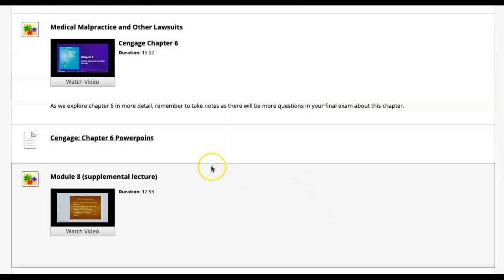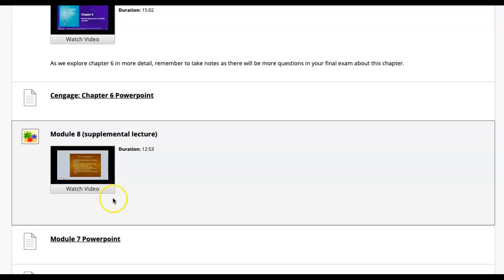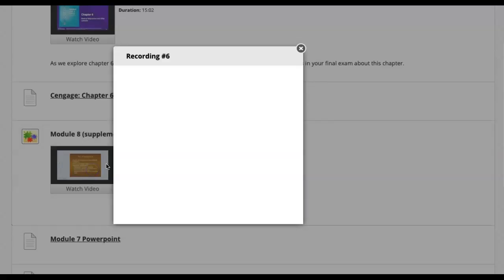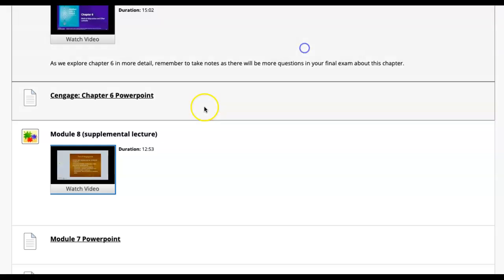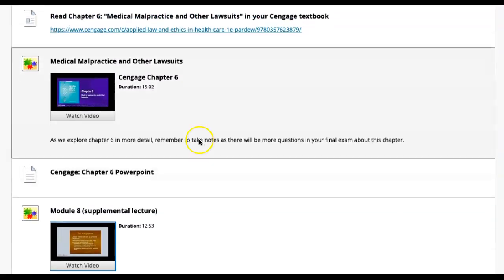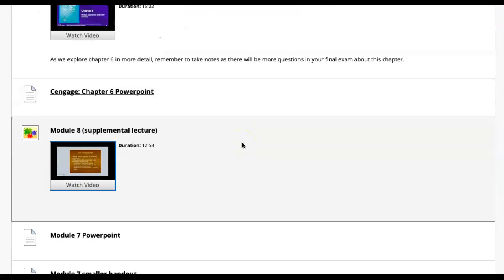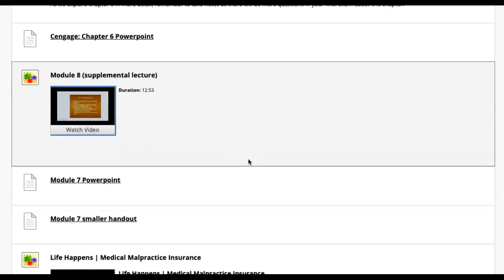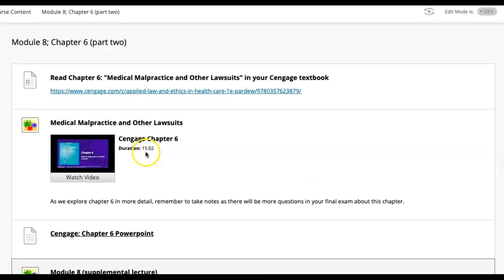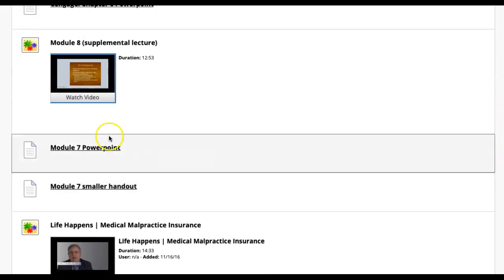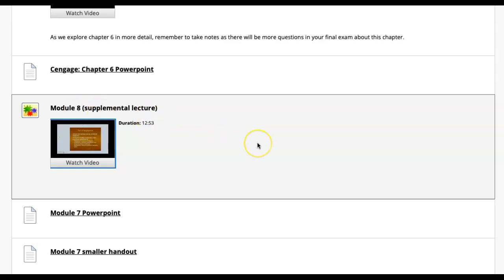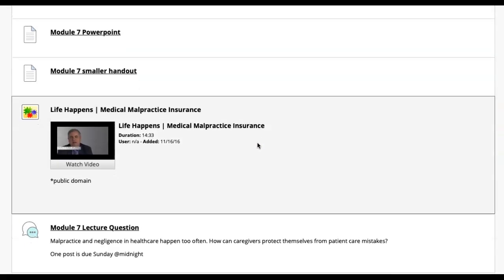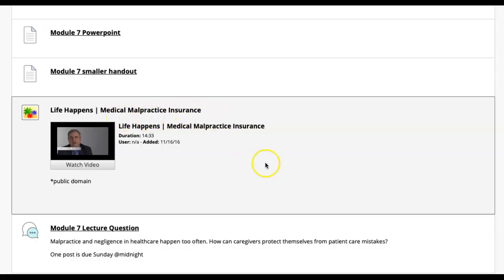And as always, I have a supplemental lecture for you guys associated, of course, with, I think it's, this says Module 7, but it should say Module 8. I'll correct that. But it has a lot to do with some information about malpractice and how to defend it and certain things similar to that. So this should say Module 8. I'll correct that to make sure that's outlined and make sure it says supplemental lecture as indicated here on the content.